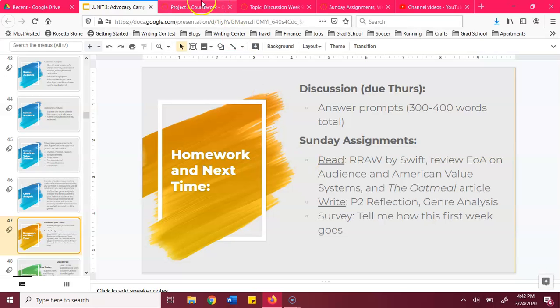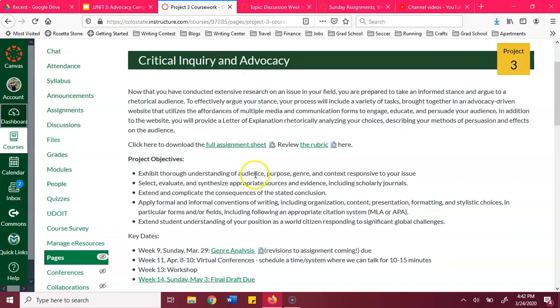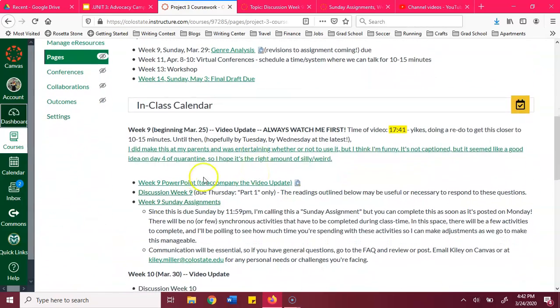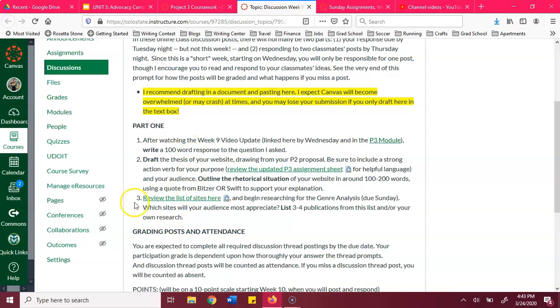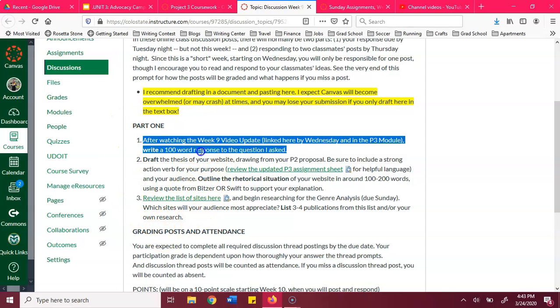So from our course Canvas page, I have this separated week by week. We are in week 9, and I'll upload this here. You have your discussion and the Sunday assignments outlined here. Your discussion has specific prompts. This week, you'll only be making one post answering these 3 questions. So for number 1, this is what the video question is. So in about 100 words, what kinds of questions or concerns do you have about the course?